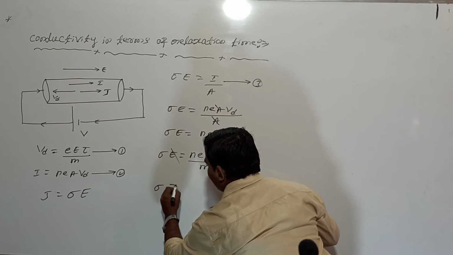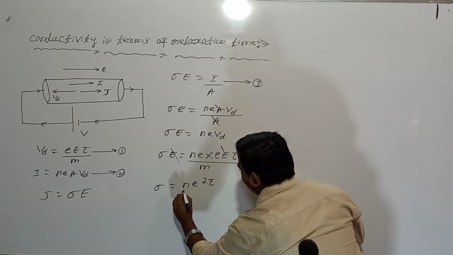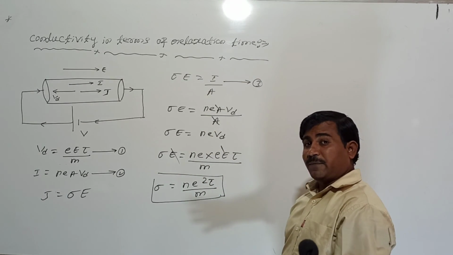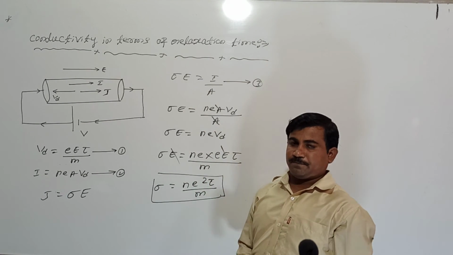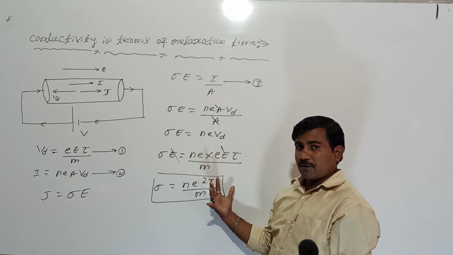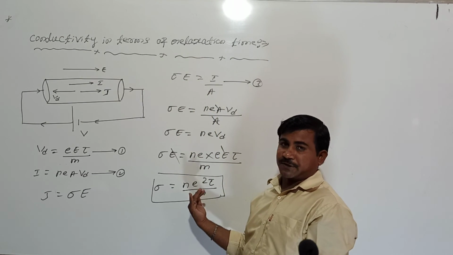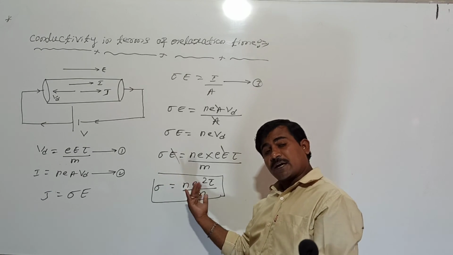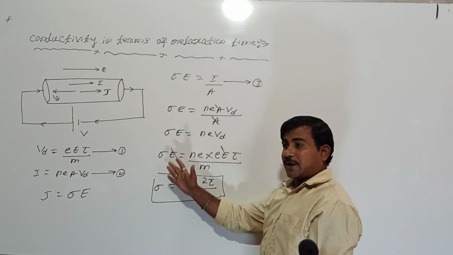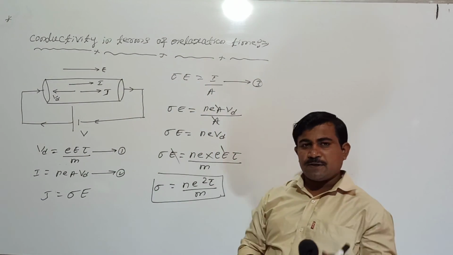Then what is sigma? Sigma is the conductivity, equal to n e squared tau divided by m. This is the expression for conductivity in terms of relaxation time. For a 3 marks question it is important. The question is: obtain the expression for conductivity in terms of relaxation time. The conductivity is nothing but the reciprocal of resistivity, which can be obtained from the microscopic form of Ohm's law. Further concepts we will see in the next video. Thank you.